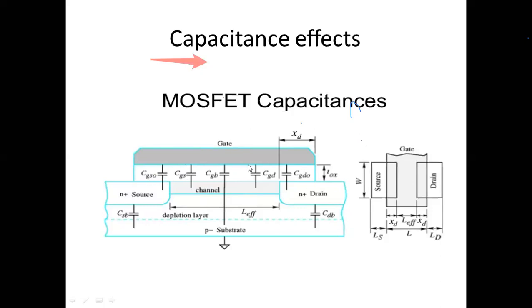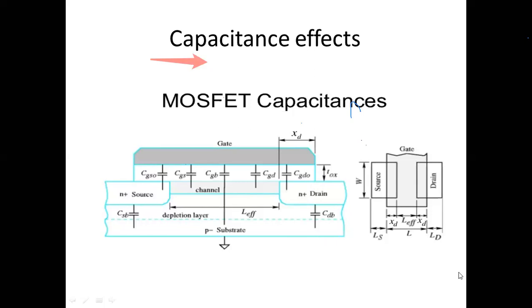See, these are the different types of internal capacitance. What are there? You have to write like this. Gate to body. Gate to body means substrate. Gate to source. This is gate to drain. This gate is occupying some part of the drain here, and this gate is occupying some part of the source here. So we call it CGSO, gate to source overlapping capacitance. Here, gate to drain overlapping capacitance.